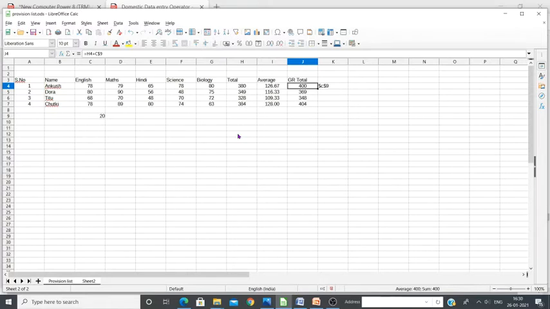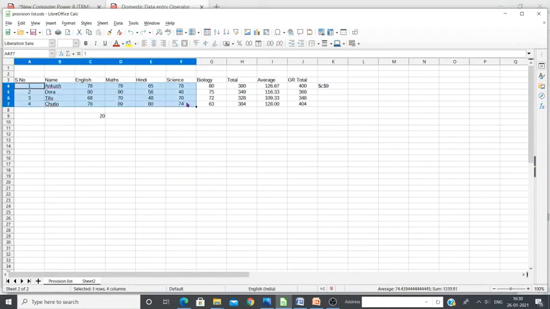Well, students, the last topic of this chapter is called creating charts. Sometimes when we enter the data, it is not that clear for us to identify who has scored more or how to compare the data. But if we create a chart, it will be easy for us to compare the values or scores taken by each student. So how to do a chart? There are different types of charts available. First you have to select the data. I am just choosing from serial number 1 up to total.